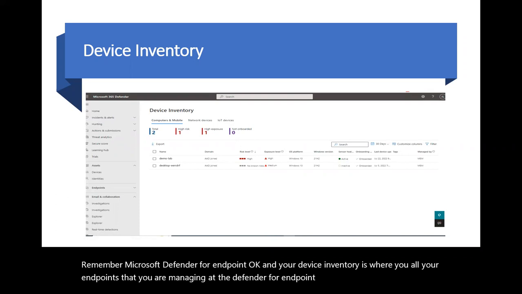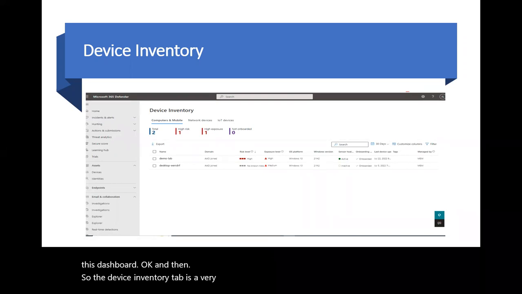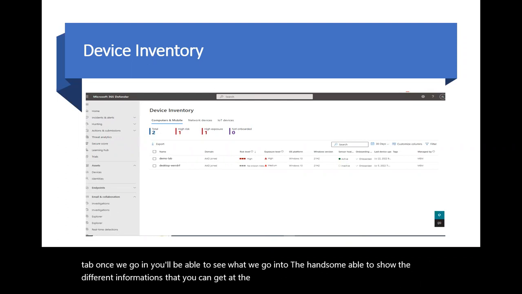Whether they are mobiles, network devices, or IoT devices, you will see them on this dashboard, okay? The device inventory tab is a very important tab. Once we go into the hands-on, we'll show you the different information that you can get at the device inventory tab.